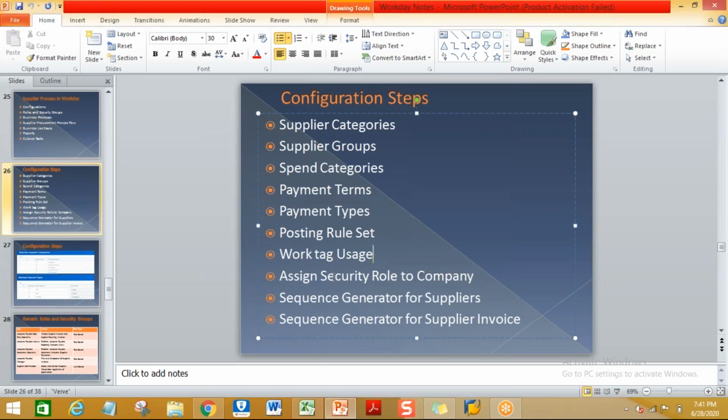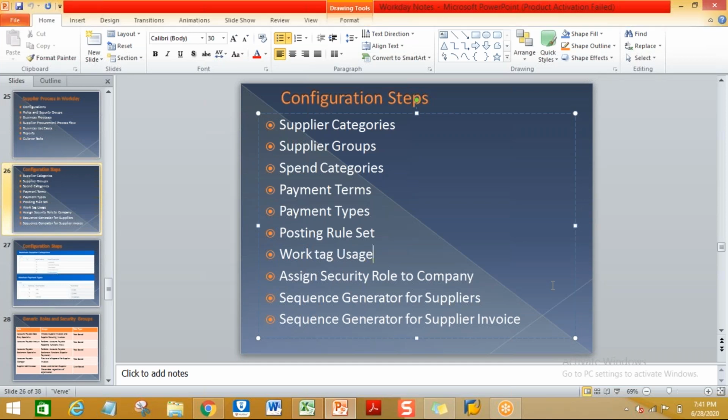Okay. The next one is assign security role to the company. What do you mean by the security role? Nothing but the list of authorizations to provide to the business users. There are so many business users in each department or function or business unit. You have to provide the required authorizations only.